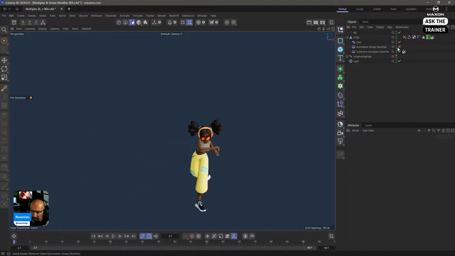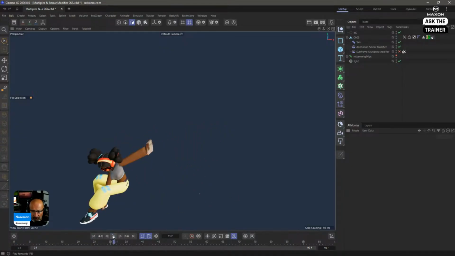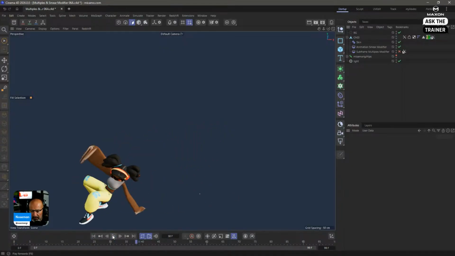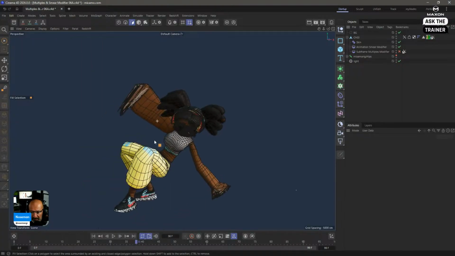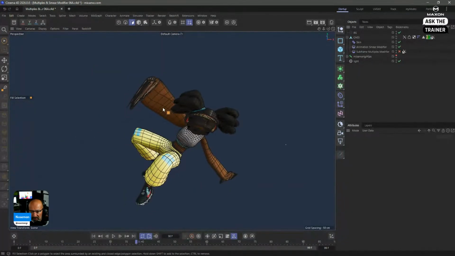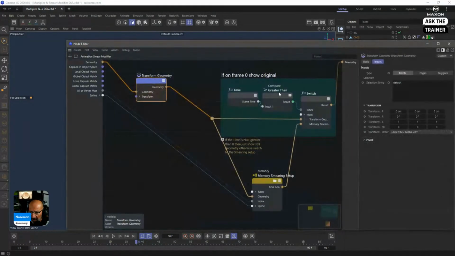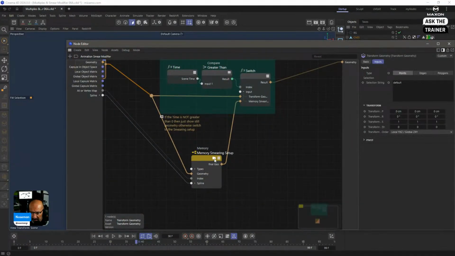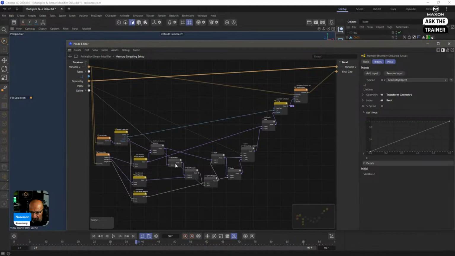Now, there's another version of this, which is streaks, where you can see it's not making multiples, it's actually stretching the geometry. So, funny enough, this is mirrors, right? It's mirror. Funny enough, this is quite easy to do. This is the main algorithm here.